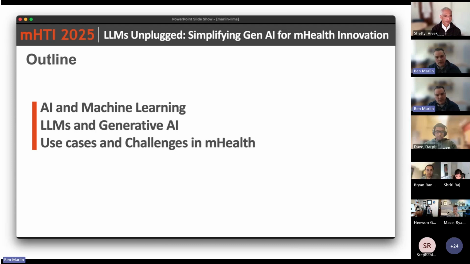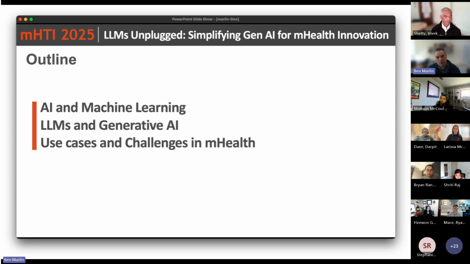So we'll put up maybe 6 potential use cases just to get people thinking about ways that you could use these technologies. Some ways of using LLMs in the health space right now are reasonably sound. Some are a little bit risky. And so we'll talk about some of the factors that contribute to that risk. And then depending on time, we'll have some discussion. So again, as Vivek said, as questions come up, you can put them into the chat. We'll turn to questions at the end of the presentation.